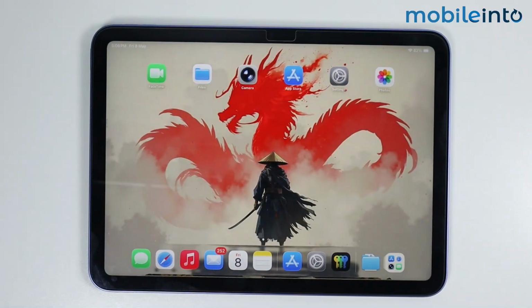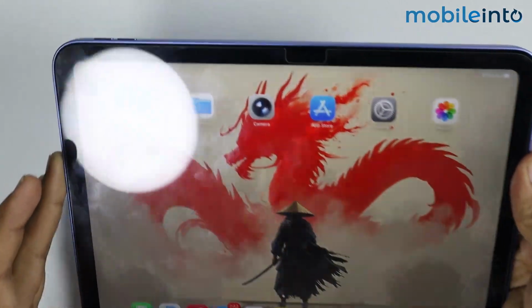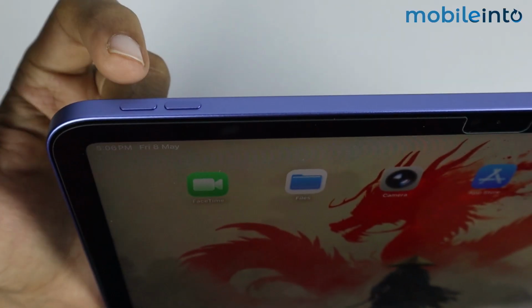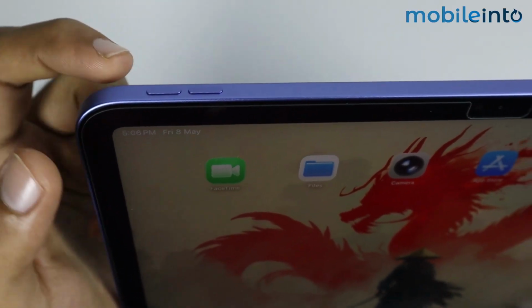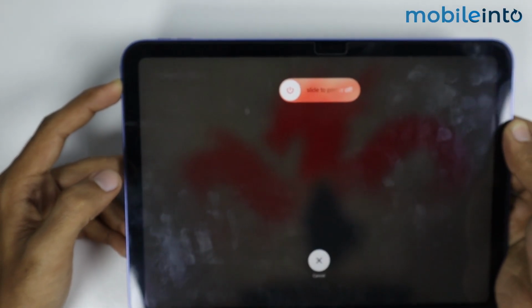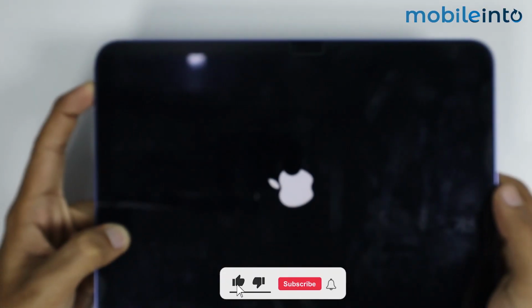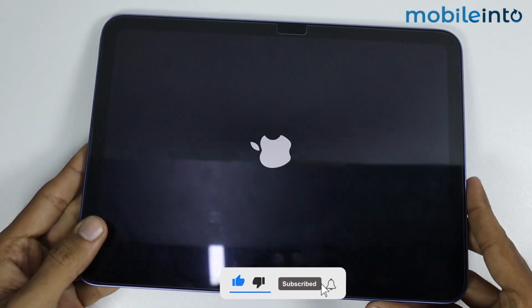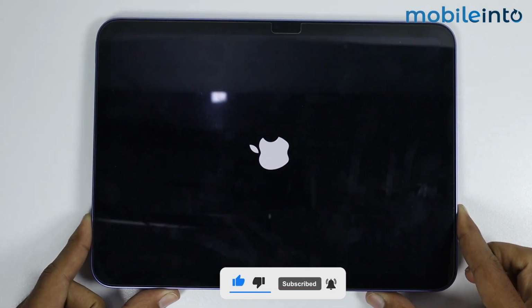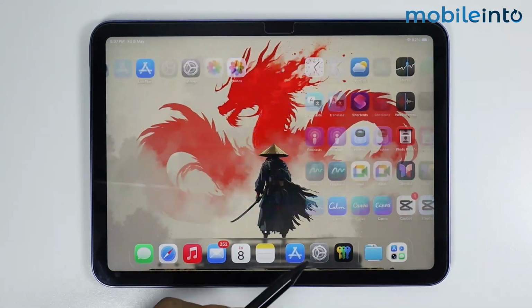But if this also did not work, then just go to your home screen and perform a force restart on your iPad. To do that, just press and release the volume up button and the volume down button. Then quickly press and hold the side button on your iPad until the screen goes black and the Apple logo appears on the screen. And once you see the Apple logo on the screen, just release the side button. And this is how you can fix if the autofill passwords feature is not